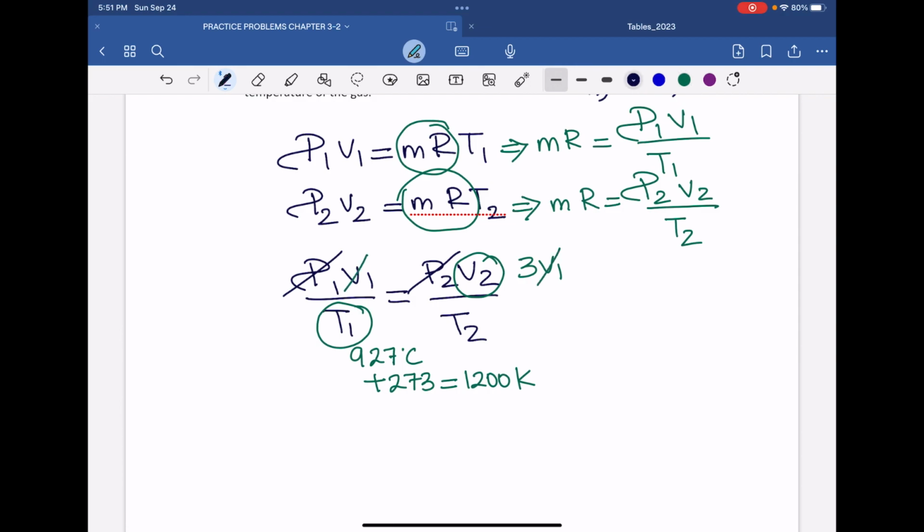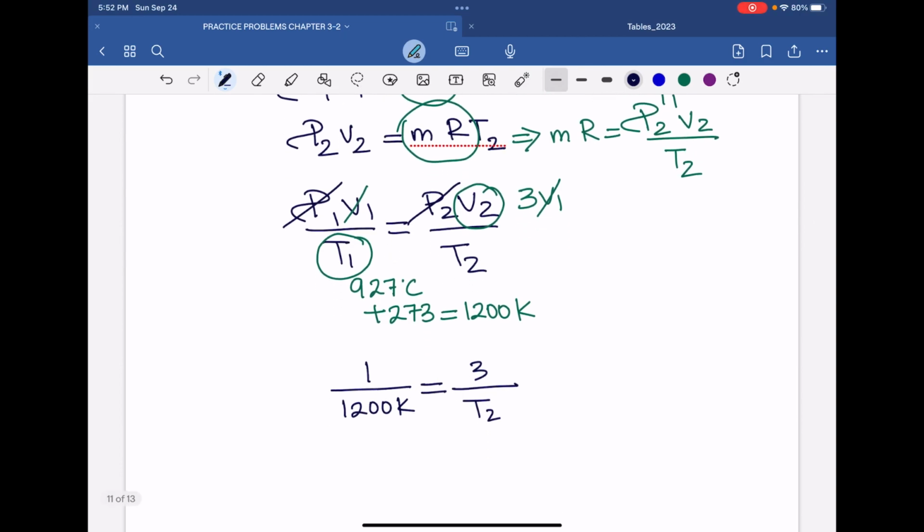Now basically what happened is 1 over this is equal to 3 over this. So T2 is therefore